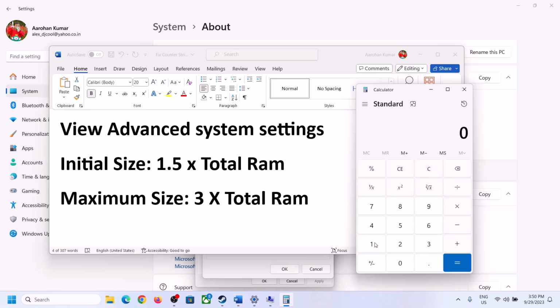So 16 into 1024, because 1 GB is equal to 1024 megabytes. So 16 GB in megabytes will be 16384. This is my total RAM in megabytes. Now 1.5 times total RAM, that is into 1.5. So in my case initial size is